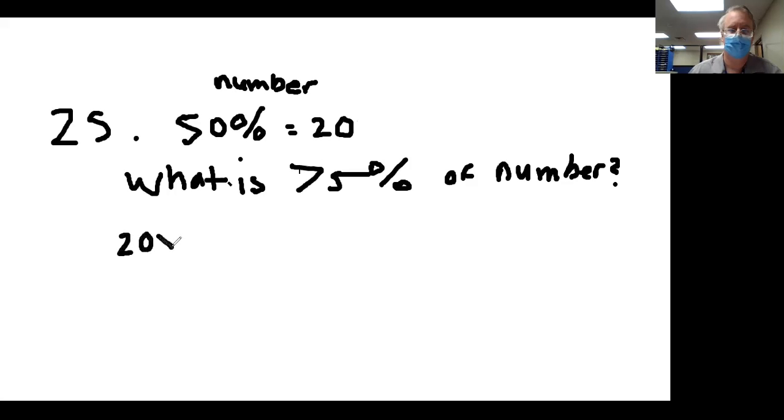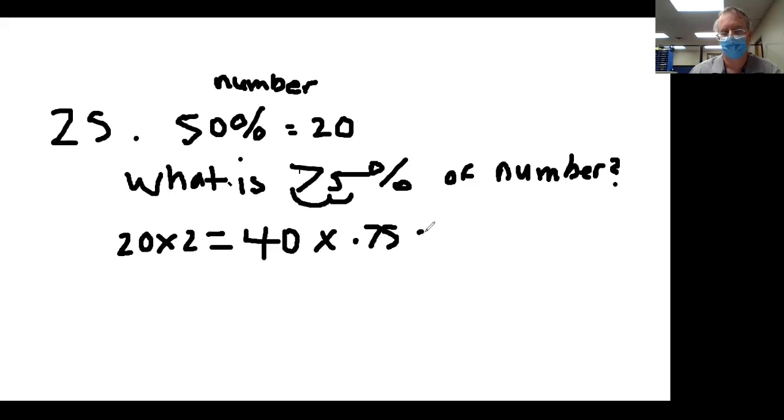If you want to find out what the whole number is, multiply it by 2, which equals 40. And 75% of the number will be times, we convert the percentage, 75 over 100, divided by 100, or move 2 decimal points over, 0.75 equals